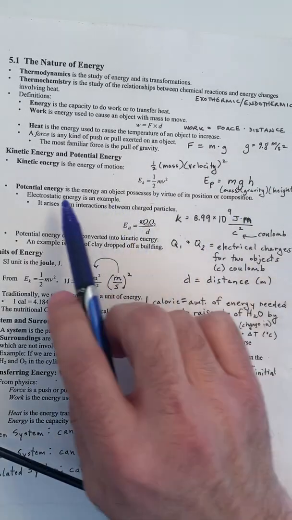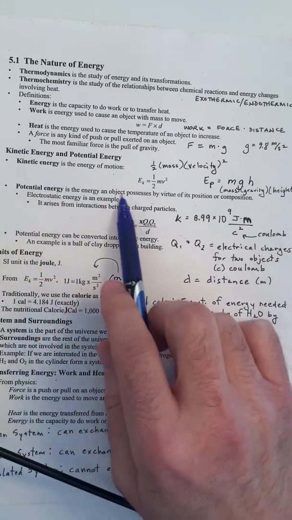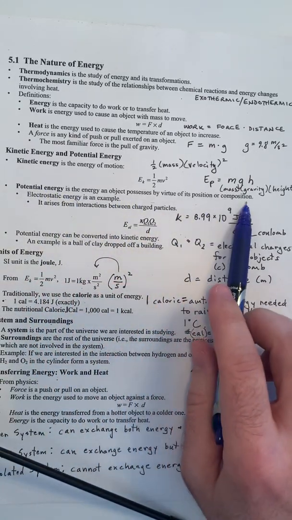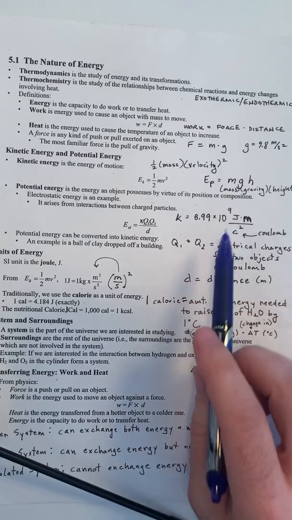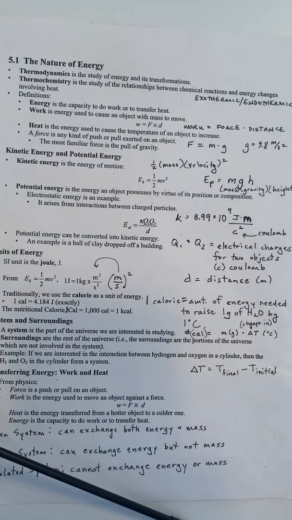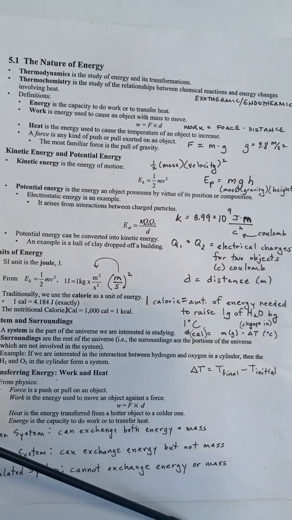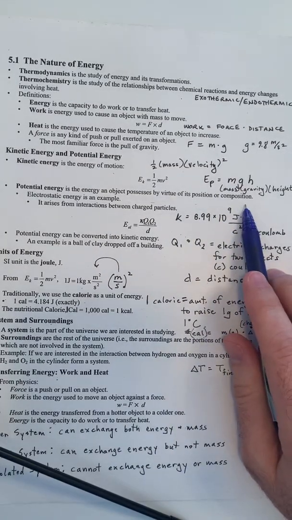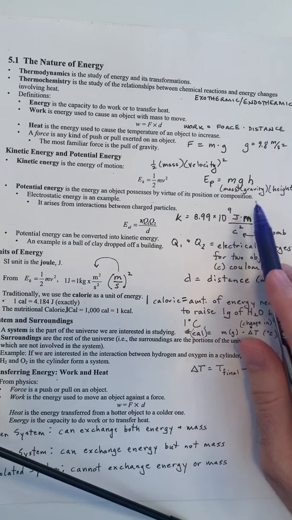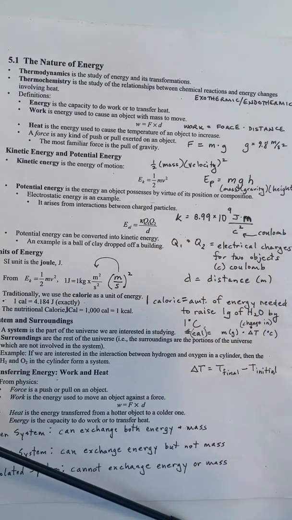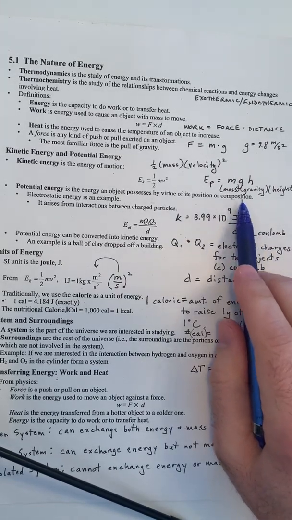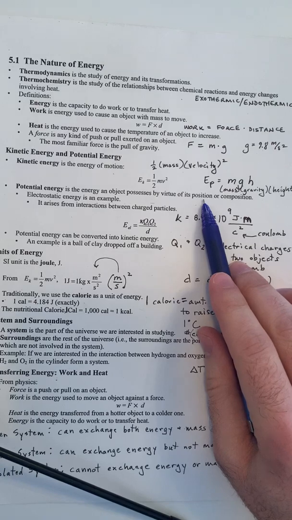Okay. And then potential energy is energy an object possesses by virtue of its position or composition. Composition is like what it's made up of. For example, composition would be food. Food has energy locked in the bonds because of what it's made up of. You release that energy by breaking those bonds, but it's energy that is stored due to the composition of the substance. Position would be like,